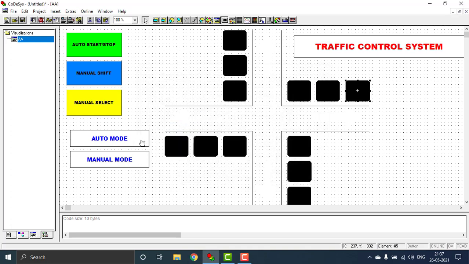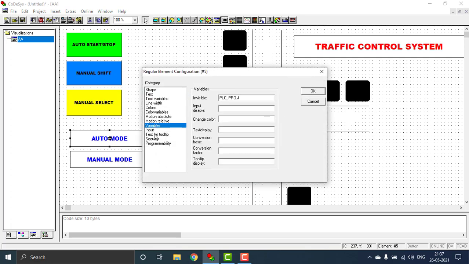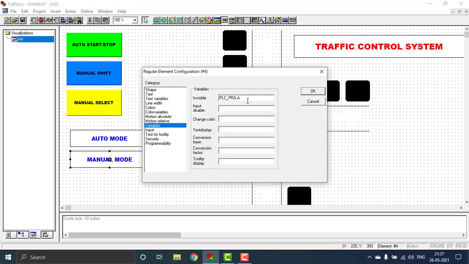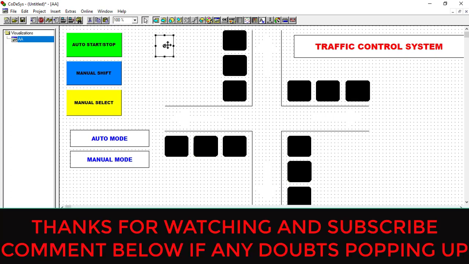And the auto mode and manual mode badging, you can see the visibility on the variables or the input. In the variables you can see that should be invisible when PLC_PRG.J is appearing. J means that will be the manual mode. During the manual mode, the auto mode badging will be disappeared. Like I just used in the manual mode, that should be invisible when the auto mode is on. This is the thing happening in this HMI screen, and you can draw the rectangles right here like this, and you can make it as an object, and we can control all these things in the PLC process.